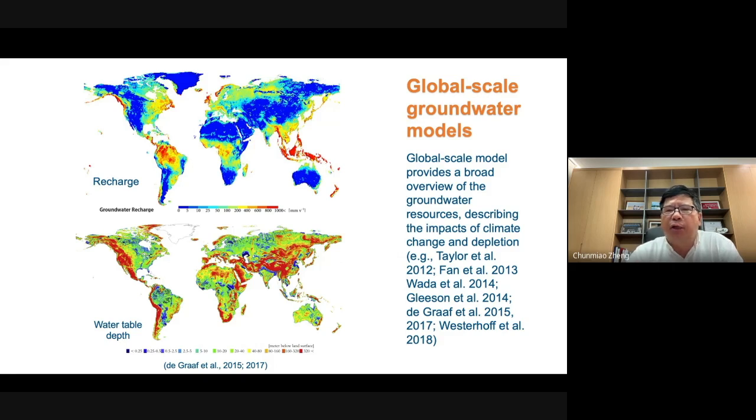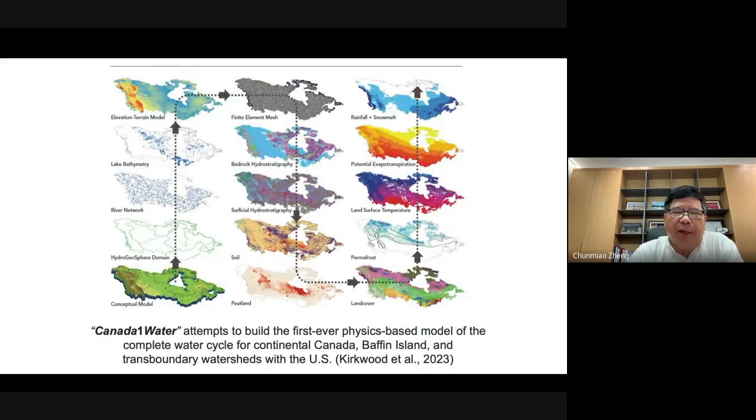continental to global. And there are only a handful of very large scale studies. Here are just a few examples of global scale groundwater models. I list most of them probably. Global scale groundwater modeling is really just at the beginning of our research. And then here's another fairly advanced example, Canada One Water, which is from University of